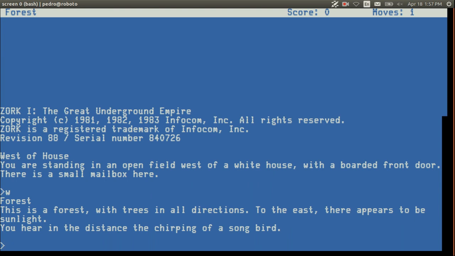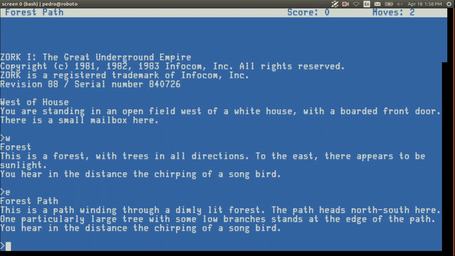And we're in a forest. Trees in all directions. To the east, there appears to be sunlight. You hear the distant chirping of songbirds. What should we do now? Wait a minute. East didn't take us back to the mailbox.